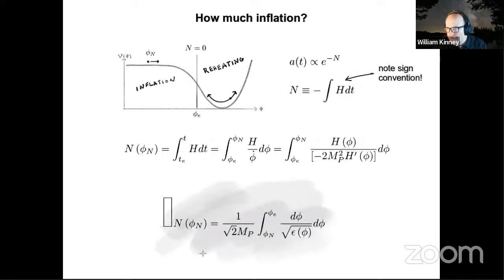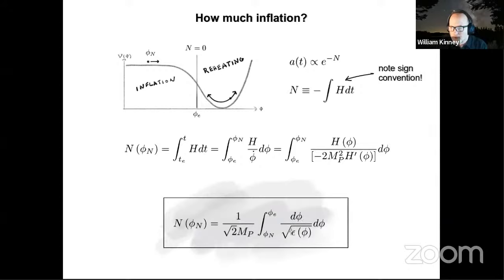And so then I have that the number of e-folds of inflation is just given by the integral of 1 over the square root of the slow roll parameter epsilon, starting at the field value phi sub n and integrating forward in time until the end of inflation, right? Now notice that this phi n is calculable. We can just calculate it using this from the slow roll approximation. We know that this has to be around 60 or so. So that allows me to calculate what that field value is 60 e-folds before the end of inflation, where perturbations of order the horizon size today exited the horizon.